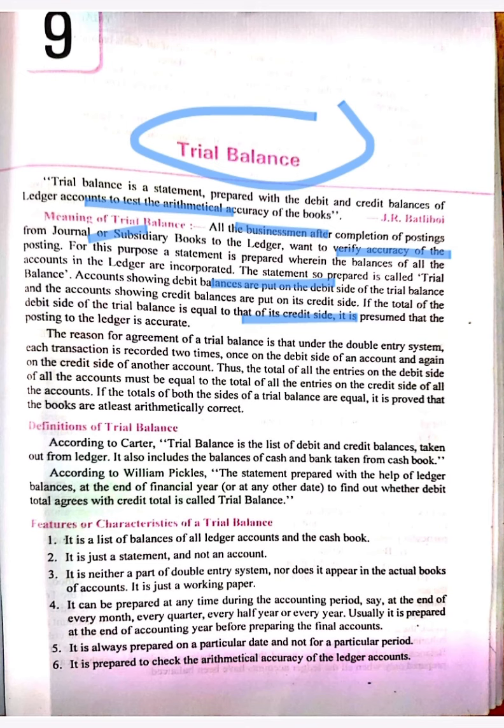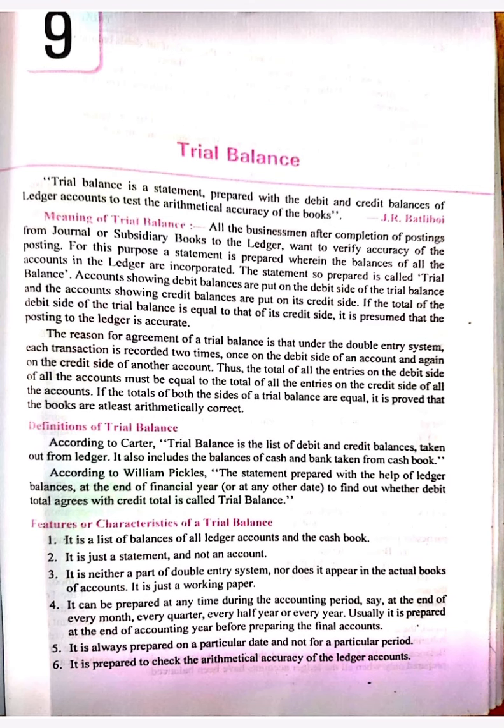Suppose we have made a journal entry like cash account debit to capital account for rupees 1 lakh. And when we were preparing the ledger, we posted only 10,000 in the capital account. We have neglected a 0. We have missed a 0. So this arithmetic inaccuracy will be caught, or will be checked, by the trial balance. Okay. So let's move further.